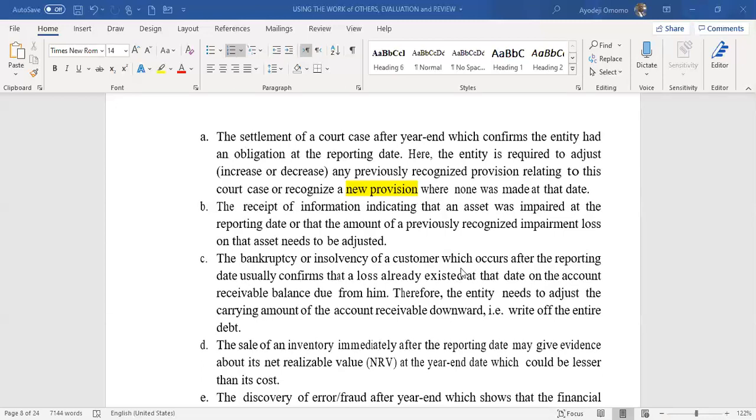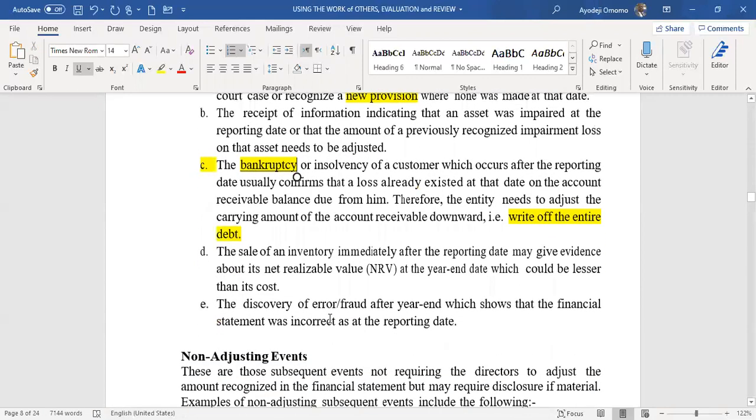Okay, so the example in C is what we said about the customer, which we said you must write off the entire debt immediately. Look at it here. You have to write off that debt immediately because he has been declared bankrupt. Yes, you have to write it off because it's a loss which you now understand. Now, these last two figures, if you sell inventory immediately after year end, and it gives you,